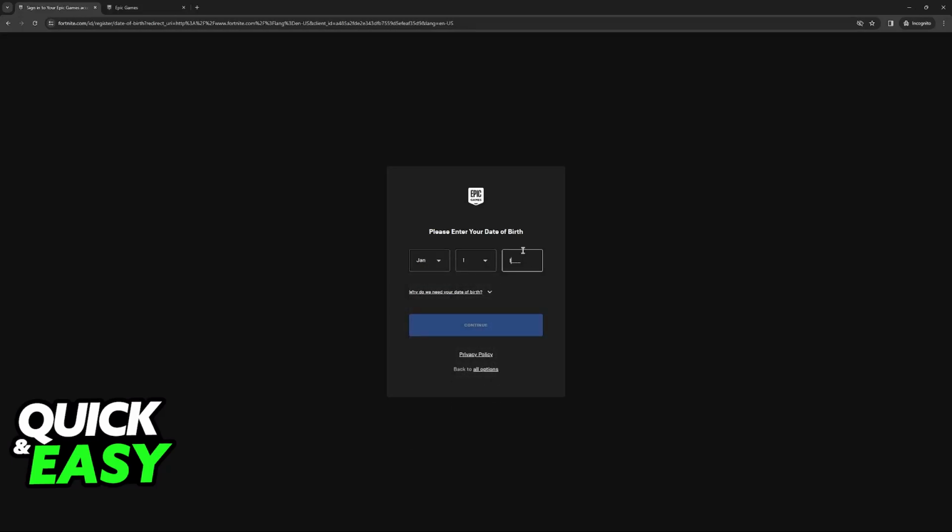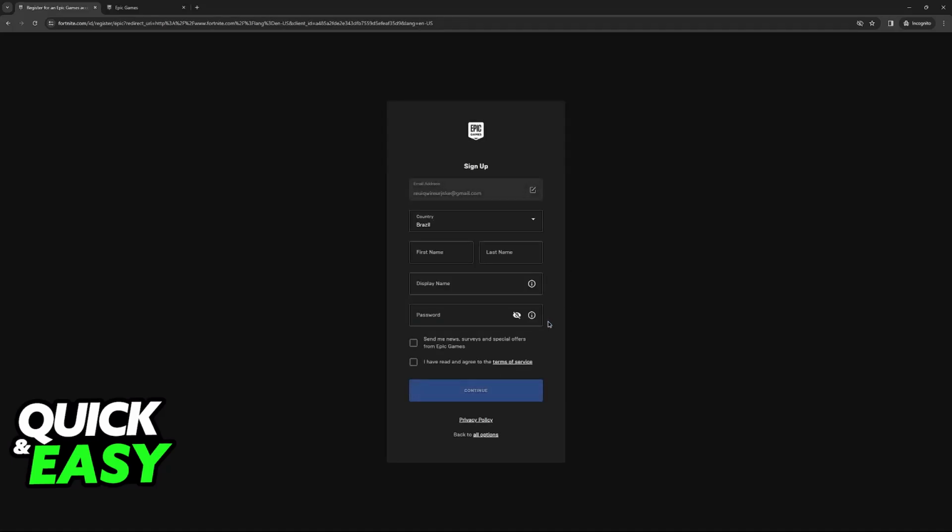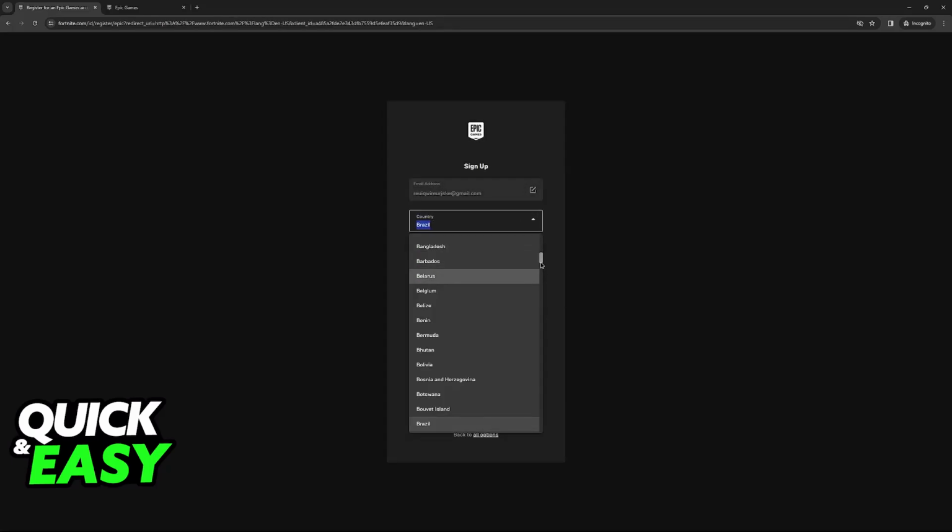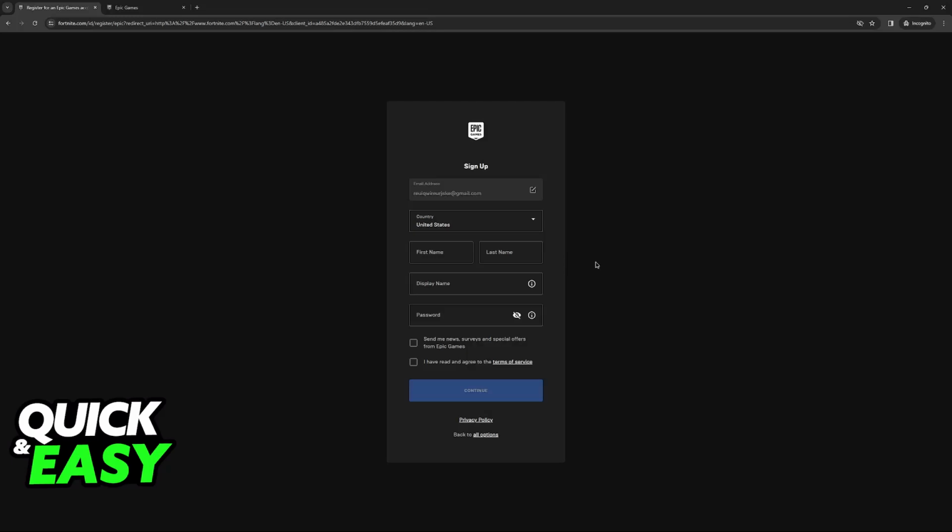So include your date of birth, click continue, and now you can input all the other information. So you will be able to choose your country, first name, last name, the display name that you want to use, which is going to be equal to your ID, how other people are going to be able to see and find you in game, and the password. Read and agree with the terms of service, continue, and you will be able to have your Epic Games account set up. This account is going to be the one that you will be using to play Fortnite on PC